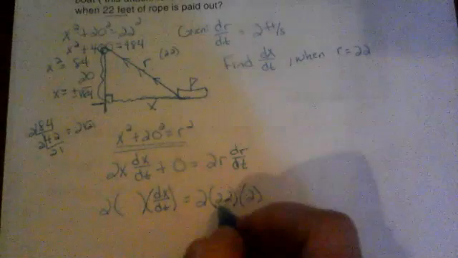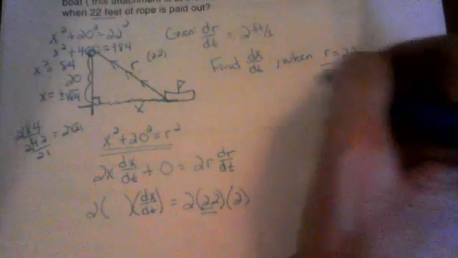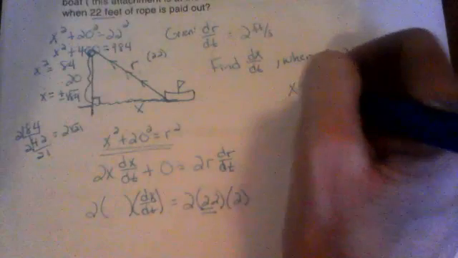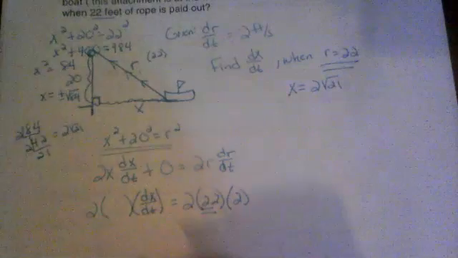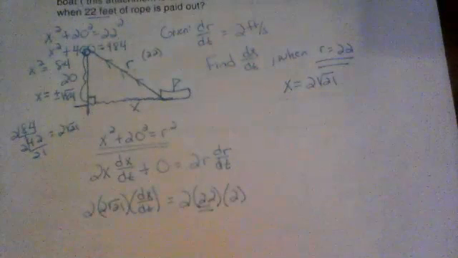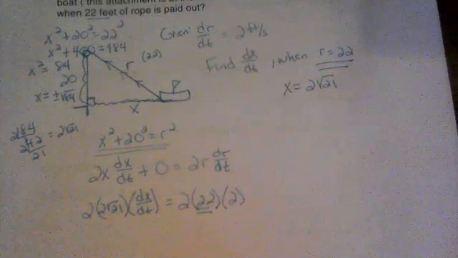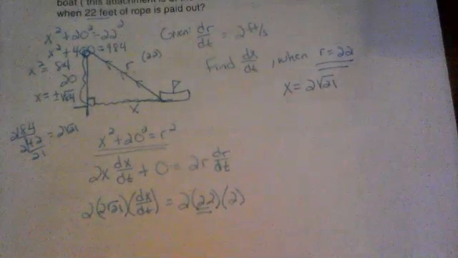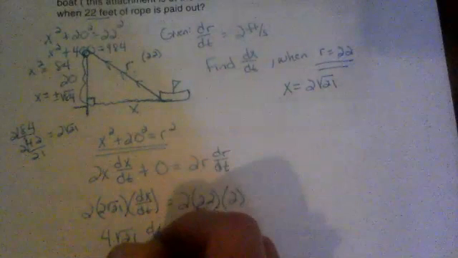So when r is 22, x is 2 square root of 21. All right, so using the Pythagorean theorem, we can find out what x is at that same time. So now we've got 4 square root of 21 dx/dt